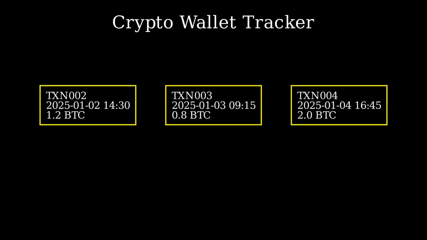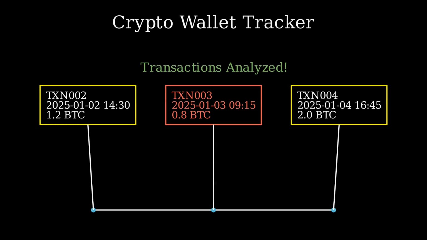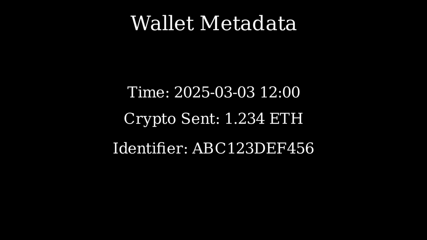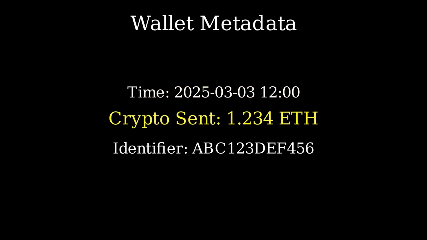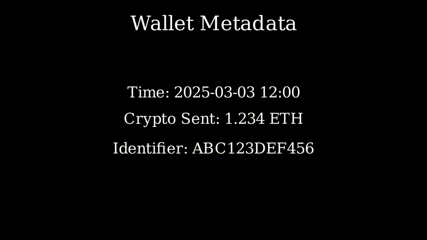Now it's time to track transactions. This essentially means getting a list of all the transactions an account has made in its history, as well as some more metadata which contains the time it was made, the amount of crypto sent, and the identifier. This is useful for things like knowing the age of the wallet or even identifying suspicious activity. This may sound hard, but it is actually as easy as making a request to an API to get a JSON